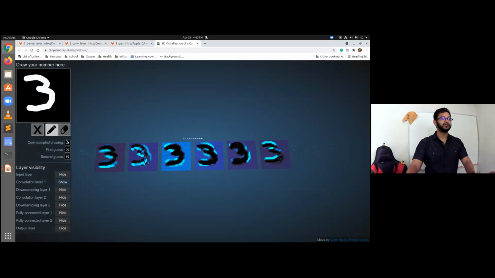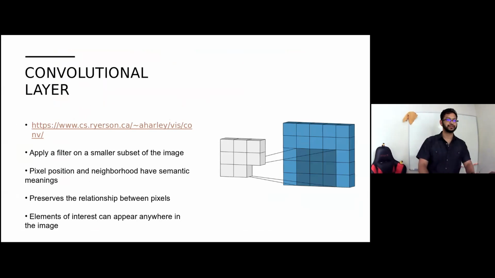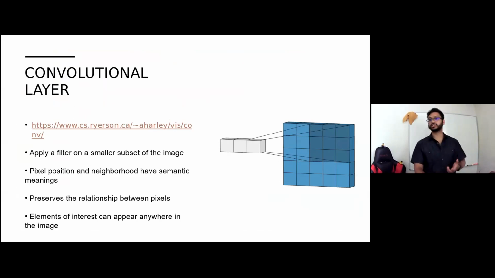And we can see in this instance, on the left-hand side, it's noticing all of the bottom streaks, all of the straight lines on the bottom of the 3. The one on the right are all of the top lines of the 3. The one over here is finding all of the features on the bottom right-hand corner of the curve of the 3. So now we can start identifying unique features of an input image so we can pattern match them later on. So this is an example of a convolutional layer.